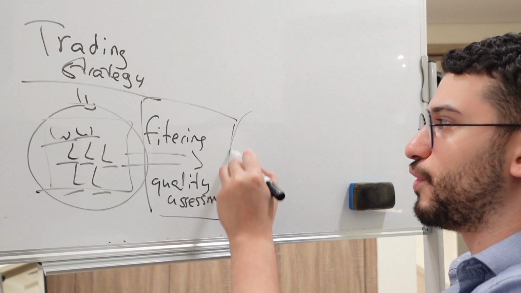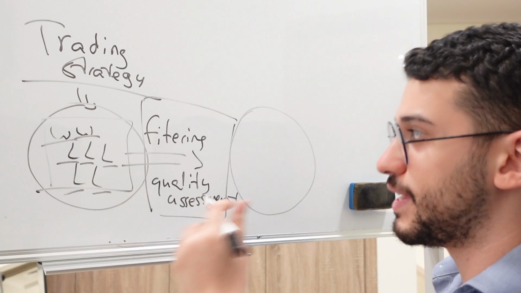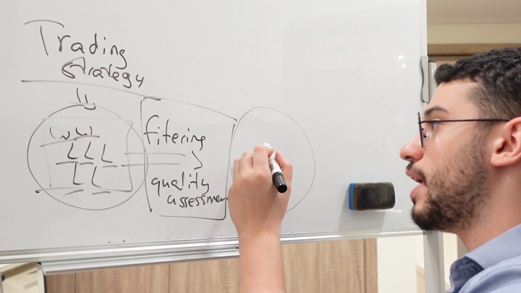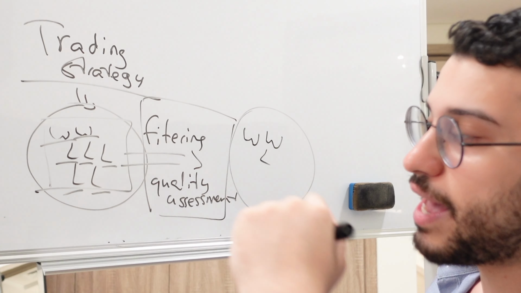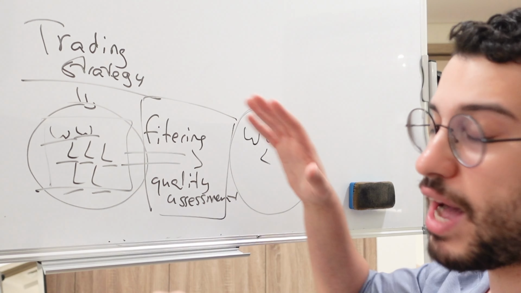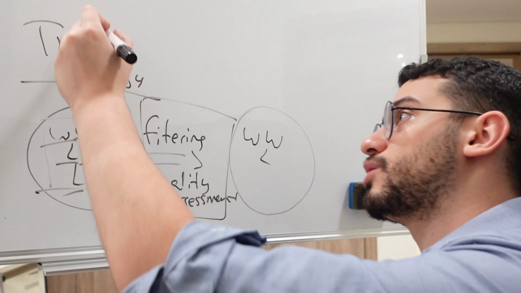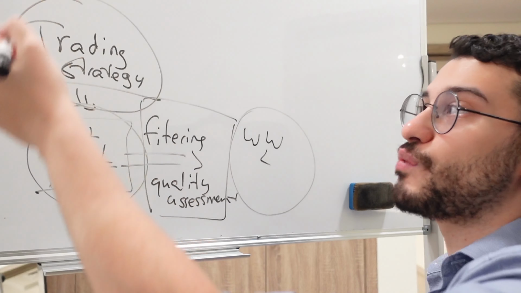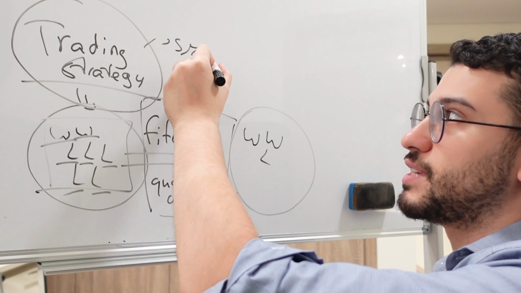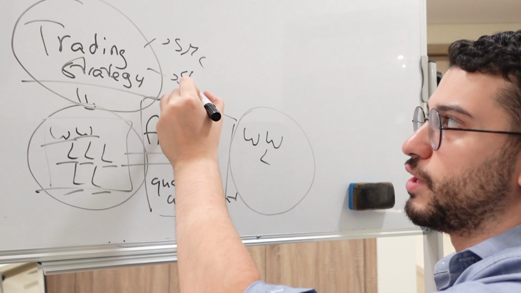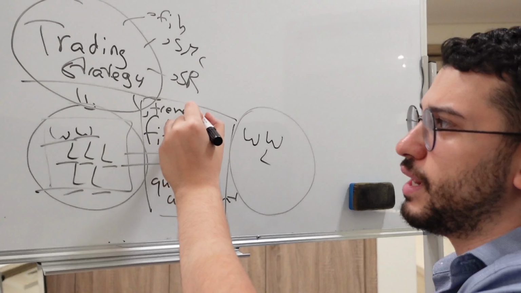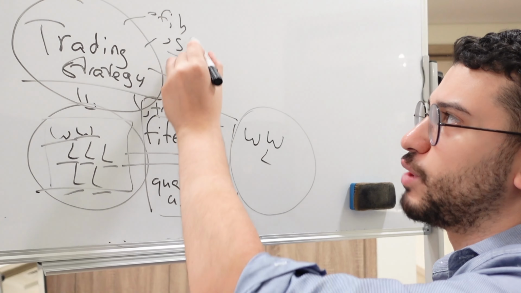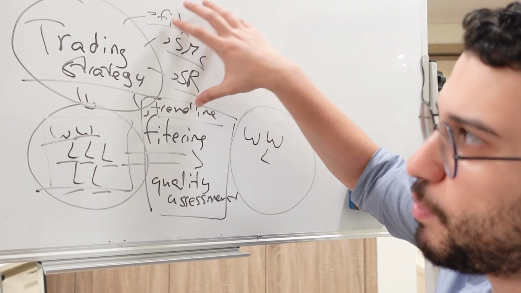And then after the filtering, I get another batch of trades. And in this new batch right here, I will get more wins than losses. So I will get, let's say, 2 wins and 1 loss in that case. So my profitability has been found right there. Okay, regardless of what your trading strategy is, whether you're an SMC trader or support and resistance trader or Fibonacci or trend line or whatever you want to be, this is not where I found my profitability, because people fight here.